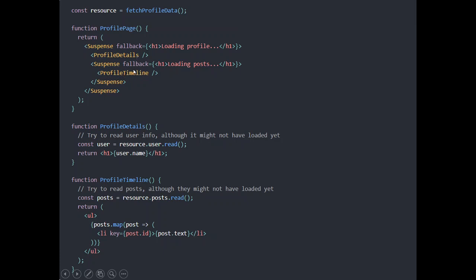For both, if it is taking time, it will display loading profile and loading posts. You can show the spinner also, or you can show the message directly. So this is the fallback option. If this is not available at the moment, this will be displayed. So this is the way it handles delay from the server. So you can apply any of these.